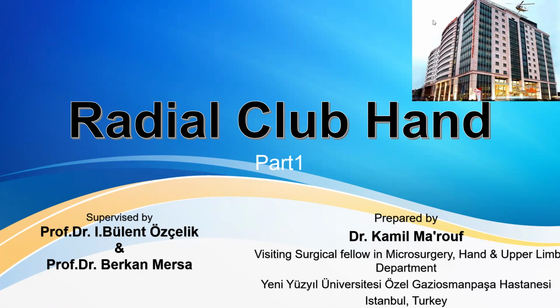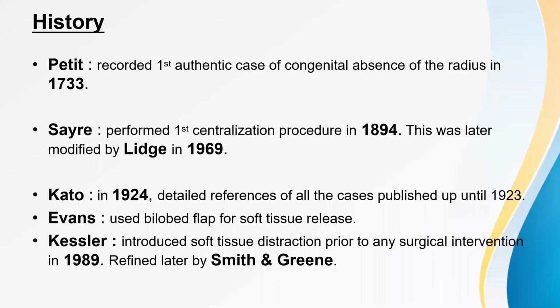From a historical point of view, the first report about congenital absence of the radius was credited to Petit in 1733. Sayre was the first to perform the centralization procedure in 1894, and this was modified later after 1969 by Lidge, and it is very similar to what is used today. The principles have not changed a lot over the past 120 years. Catou in 1924 collected all the previous cases